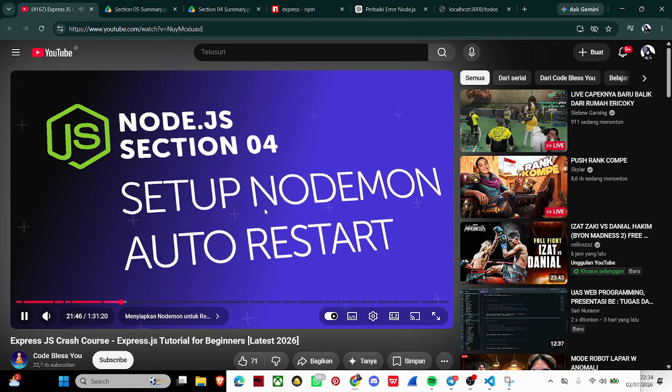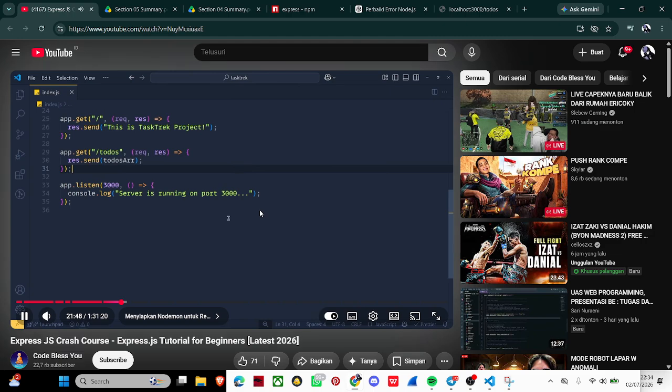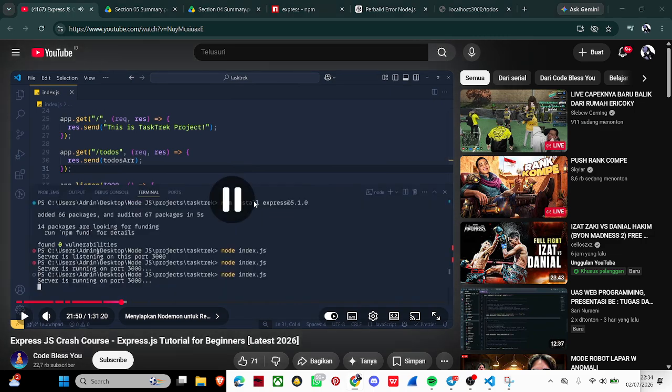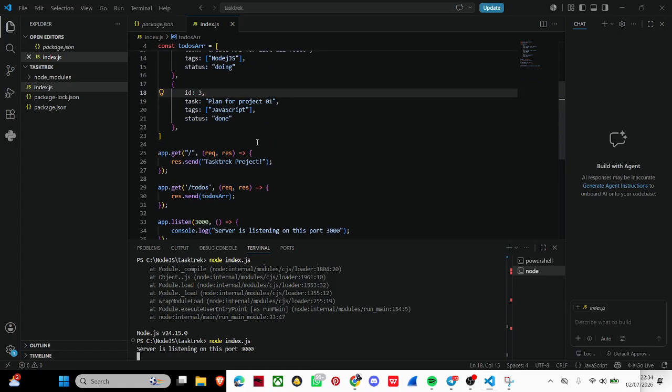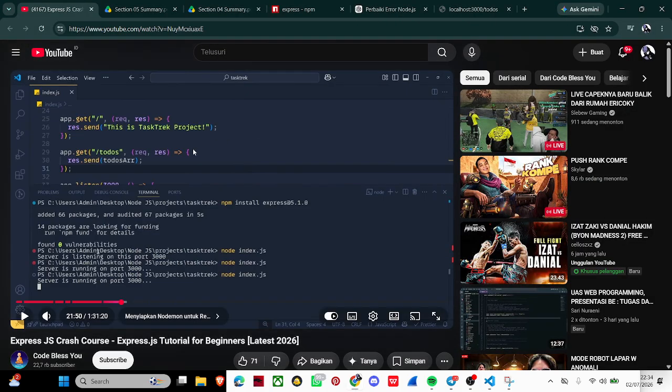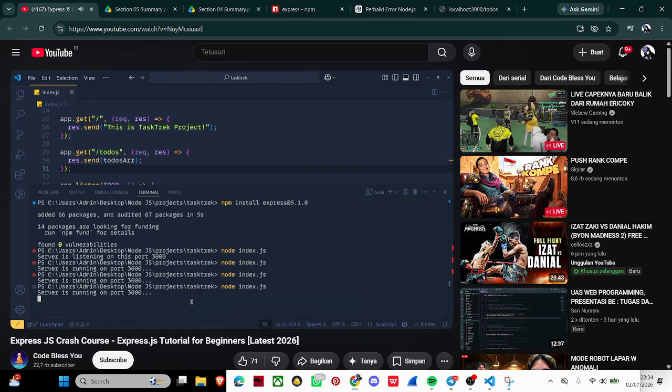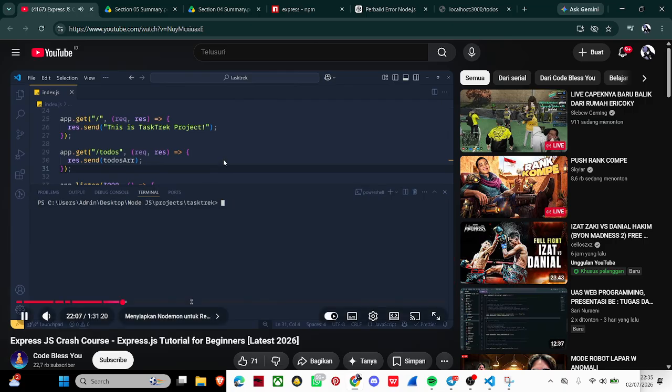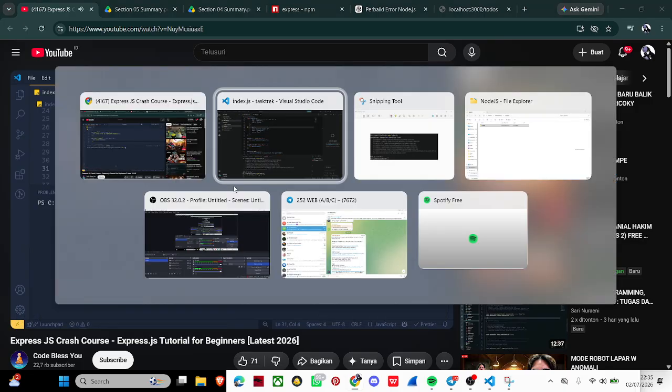Okay. Now currently, when we make some change in our project, we have to close our previously running server and restart our application, which is really annoying. So to automatically restart our application, we have one package called nodemon. It is really useful. So open up the terminal and write npm install